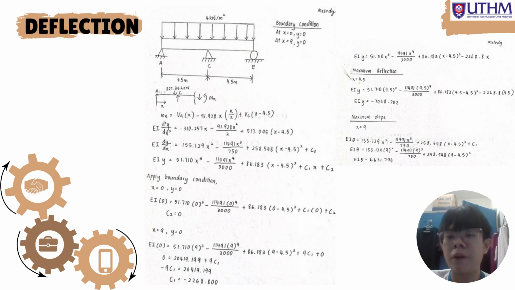For the Macaulay function, if the x value is equal to negative, we can consider it to be 0. Then we'll continue for condition 2. After finding all the constants, we can determine the deflection at point C. Then we will find EI y equal to negative 7068.202, and the maximum slope is